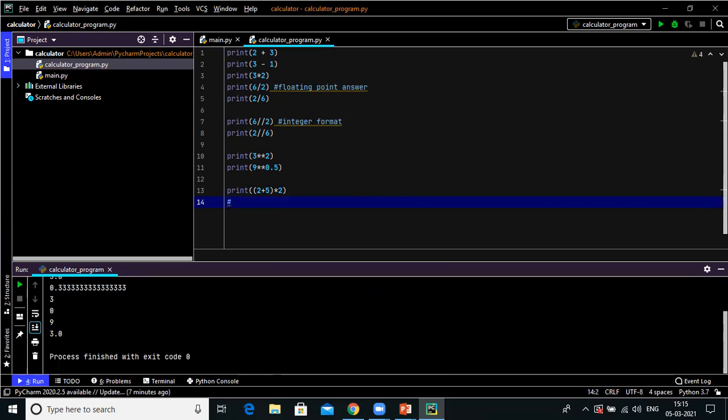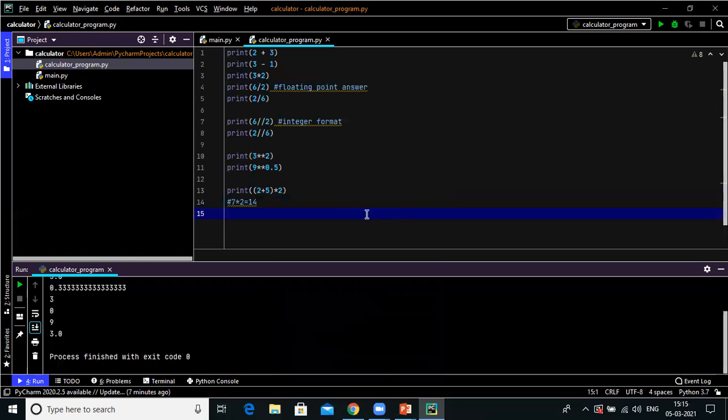This is the comment section. I'm manually calculating the answer by the mathematical rule, that is BODMAS. First of all we have to solve the bracket and after that the multiplication. So 2 plus 5 is 7, into 2, which means the answer is 14.